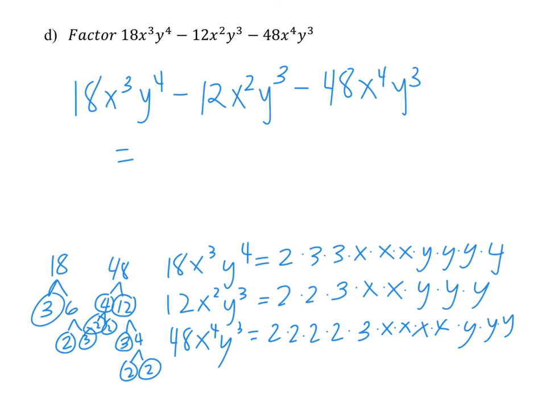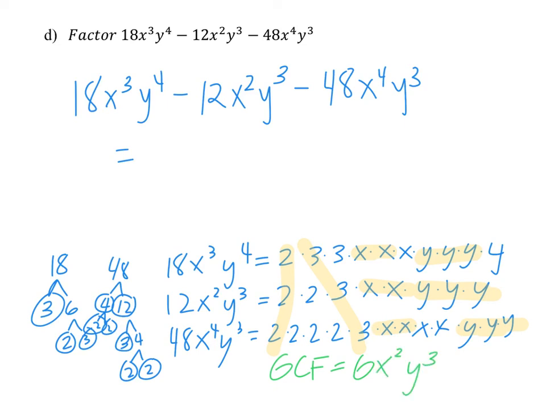You'll notice later on when you're doing the variables, all you do is take the smallest number that's there, right? So, okay, we would have at least 1 2, at least 1 3. We have at least 2 x's in each of these, right? And at least 3 y's. So our GCF, we know, is going to be 2 times 3, 6, x squared, y to the 3rd